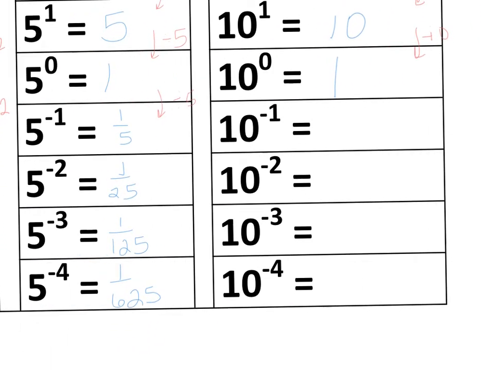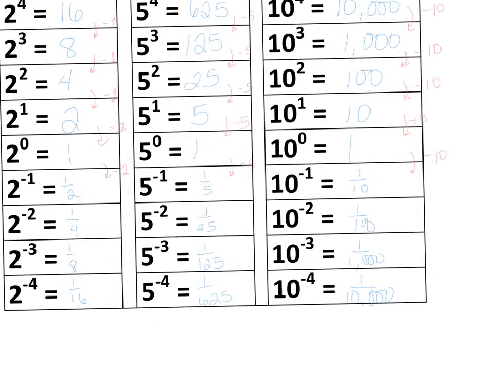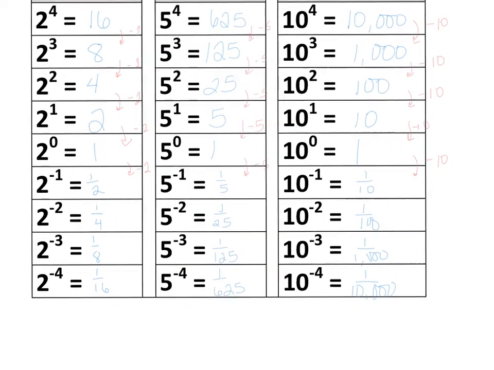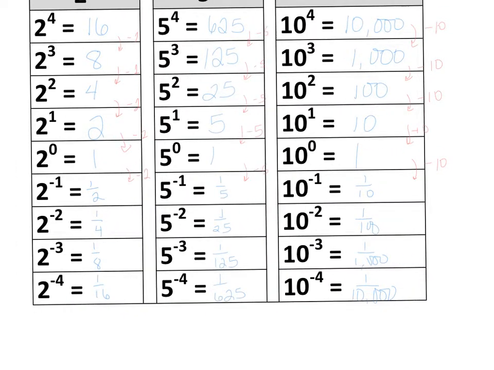In moving on into the negative exponents, 1 divided by 10 would be 1/10. And 1/10 divided by 10 would be 1 over 100. 1 over 100 divided by 10 would be 1 over 1,000. And 1 over 1,000 divided by 10 would be 1 over 10,000. Again, take a look at comparing the positive exponent versus its opposite, the negative exponent, and what you end up with for the value of that